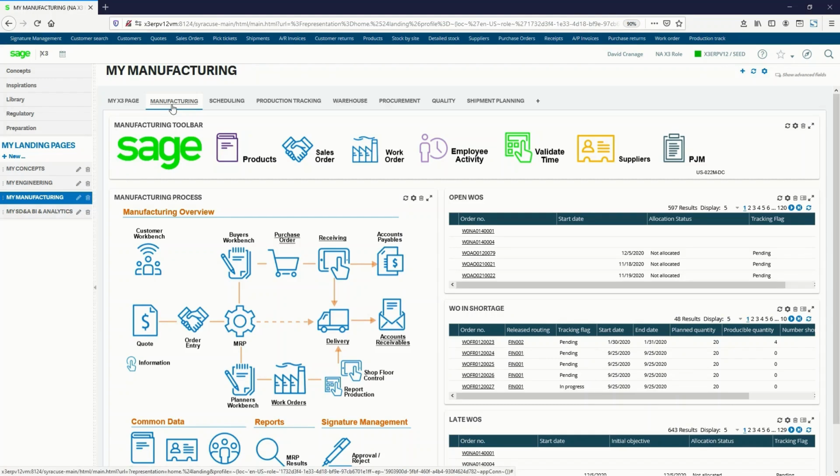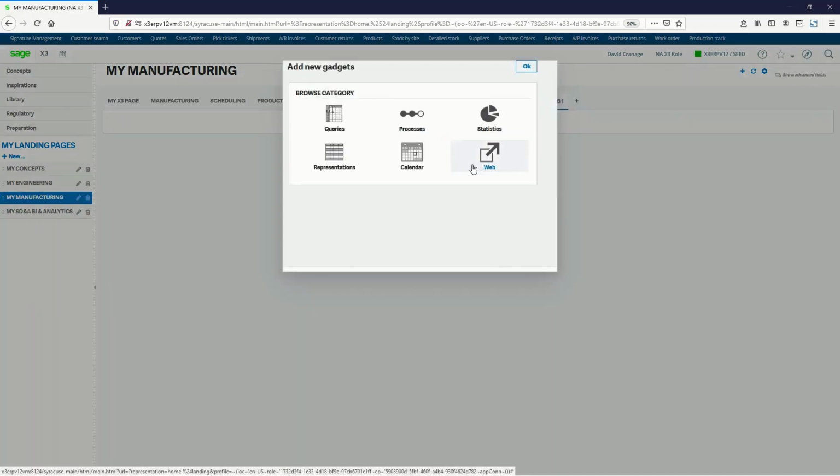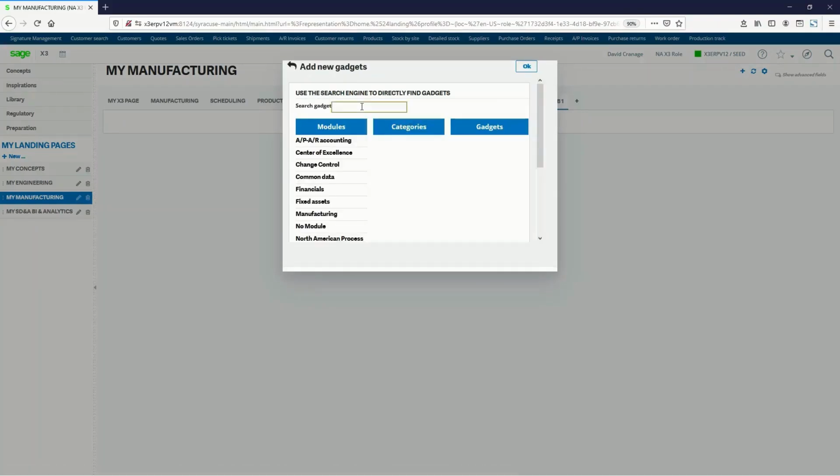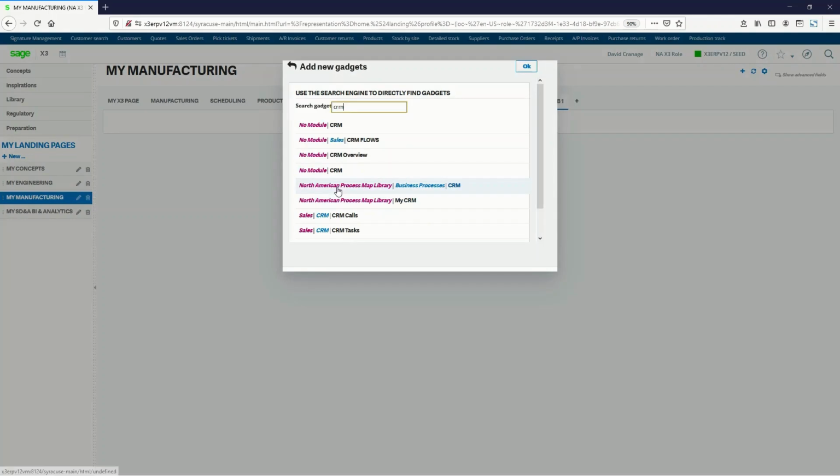Let's put what we've learned so far to use by enhancing the My Manufacturing landing page with some new gadgets. We'll then use MS Excel to extract some data to a spreadsheet. First, let's add a new tab to our landing page. We are prompted to add a gadget, so let's choose Process Maps and search for CRM. And here under North American Process Map Library is the visual process map I'm looking for, CRM, so we'll say